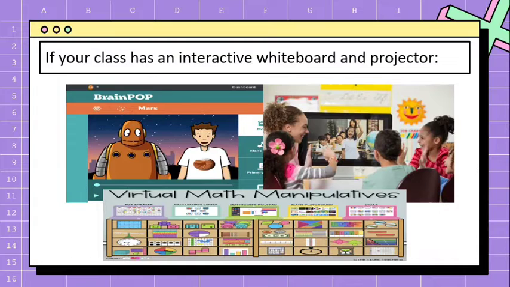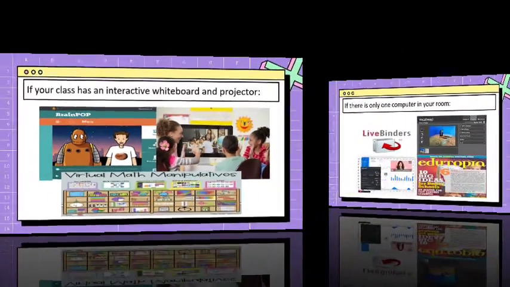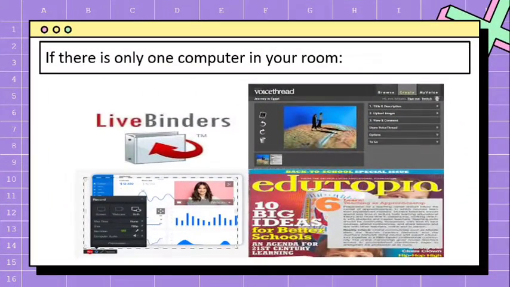For example, if your class has an interactive whiteboard and projector, you can try interactive websites such as BrainPop, show online videos related to the lessons, use a video conferencing tool like Skype to connect beyond the classroom, and also explore virtual math manipulatives. Another thing is that if there's only one computer in your room, you can assign one student to be the class scribe and take notes. You can also try VoiceThread, a collaborative multimedia conversation tool, or you can let students access review or intervention materials on a rotating schedule. There are also curated resources for students via LiveBinder,